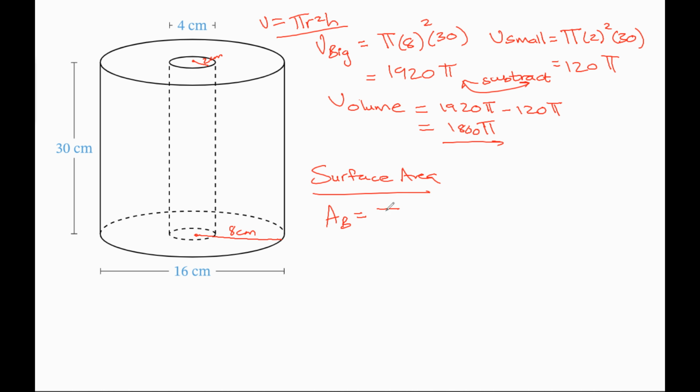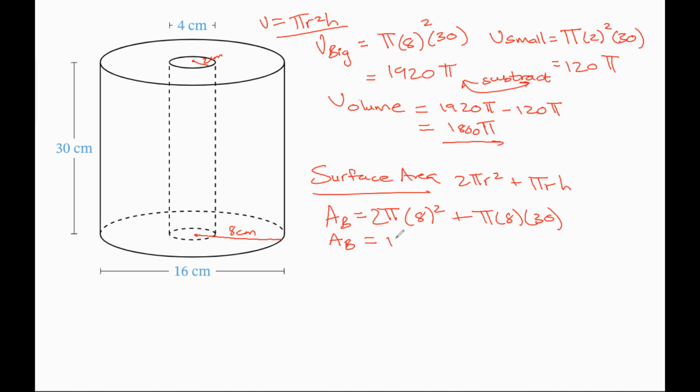Remember, surface area of a cylinder is given by 2 pi r squared plus pi rh. This is going to be 2 pi times the big one, right? This is the big one. 8 squared plus pi times 8, and the height is 30. So the big surface area is going to become